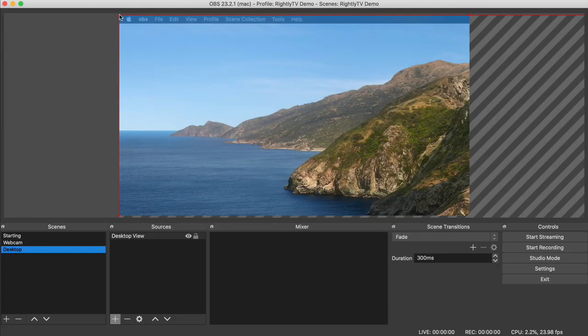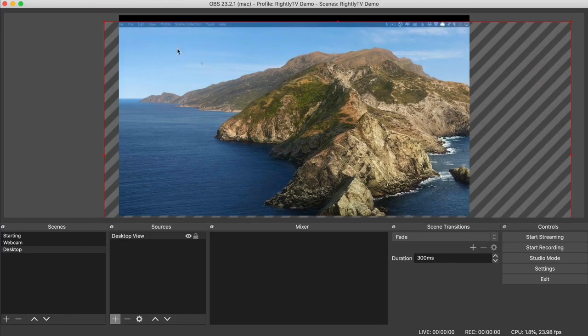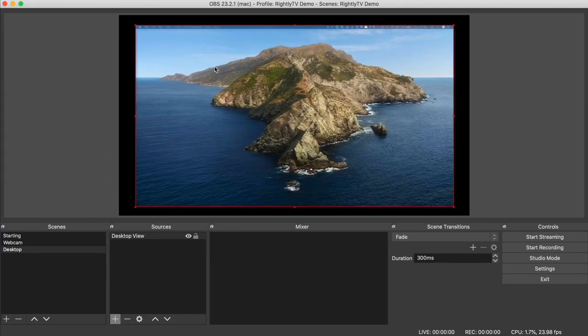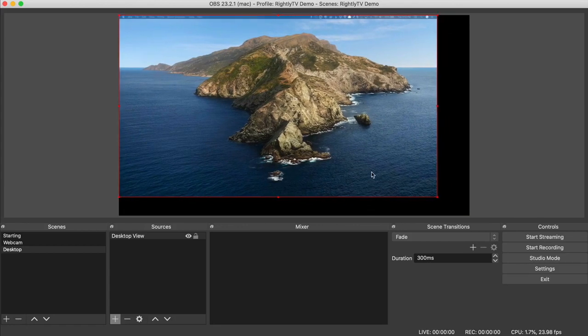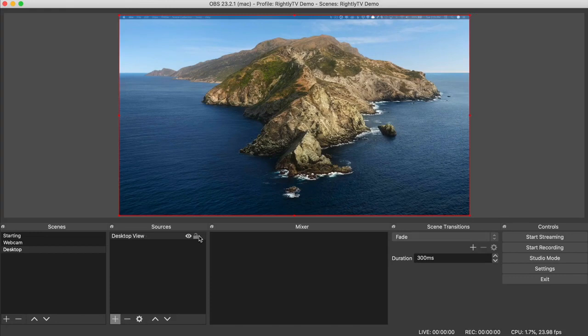Then we're going to be able to go up here and actually resize this to fit the size of the actual video window or the canvas. Let's go ahead and do that. Perfect. Then we can jump back over here and click lock. So then you'll be able to see here my nice little mouse cursor,